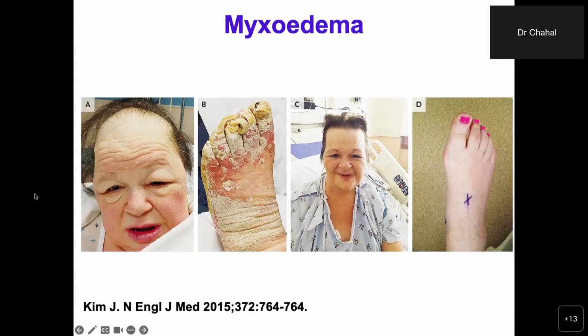And you can see this patient typically presented with features of hypothyroidism. So classical facial features, losing of the hair, unkempt, and also dryness of the skin. And this patient presented with hypothermia in hospital. I mean, you can read the case, but it's very interesting to see patients can still present with myxoedema coma even